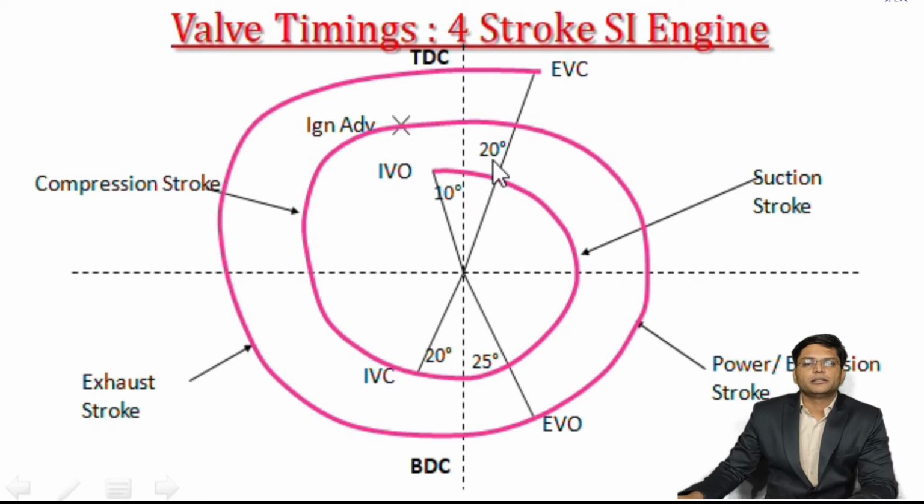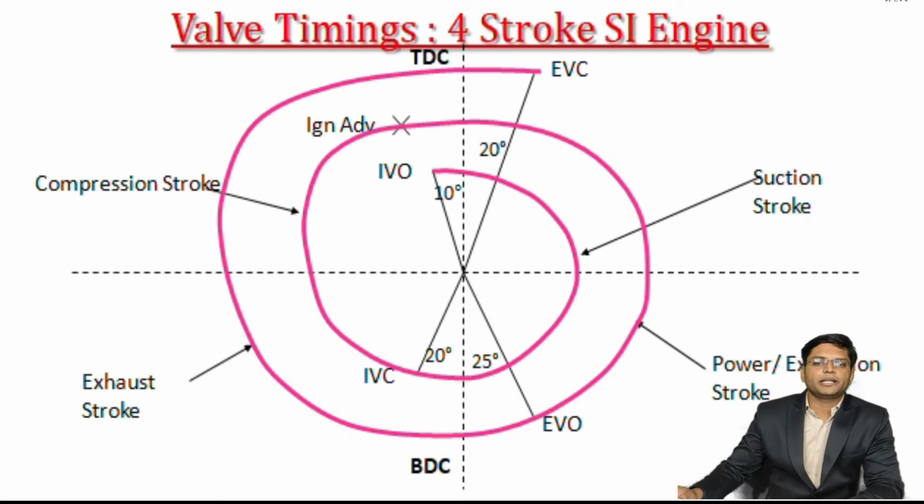Now we can see there is no direct 180 degrees given to each stroke. There is some time difference. This is given because at the time of suction we need to have good volumetric efficiency. Hence the time needed for admitting the air-fuel mixture is large, so we provide more time so that the air and fuel mixture will go to the combustion chamber. The same applies to the exhaust stroke, because to pass all the exhaust or flue gases from the combustion chamber it needs more time than 180 degrees. So this is the valve timing diagram for the 4-stroke SI engine.